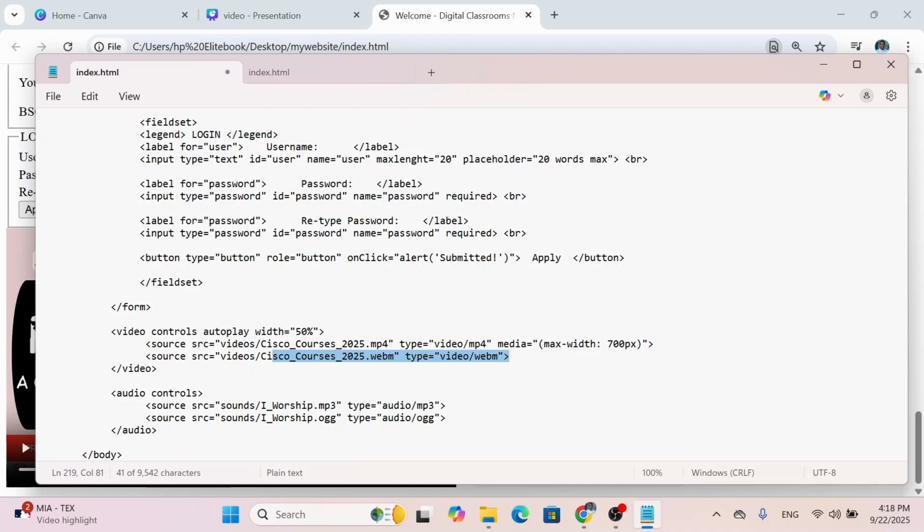Now remember that we can make our videos more responsive using the CSS, the cascading style sheet method, which is not within the scope of our study for now. So I would advise you to visit our CSS videos on how to professionally make our videos more responsive. But right now in the HTML videos, we can also add the poster,